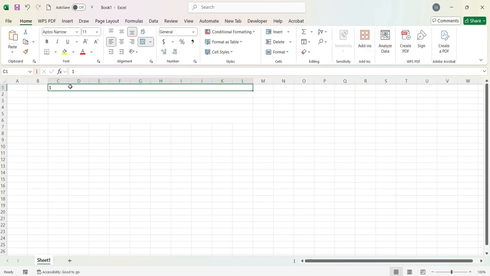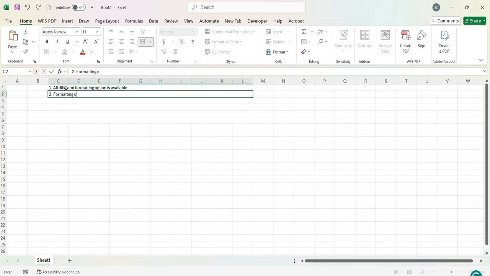I would like to explain about the Home tab. First, in the Home tab, all different kinds of formatting options are available. Then formatting options